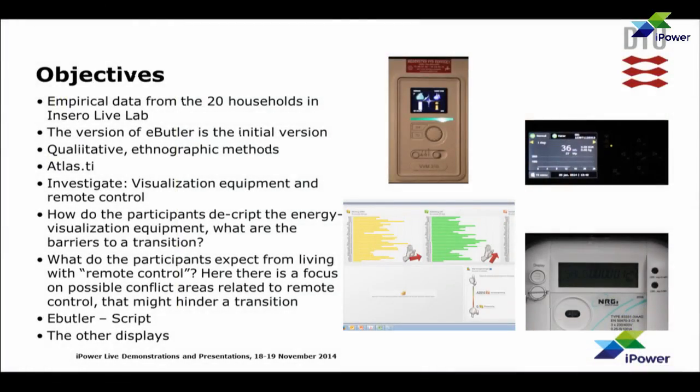The empirical data that was collected for this study was collected by the use of qualitative ethnographic study methods. Specifically, we went out and made semi-structured interviews with the families, one interview per family. The interviews lasted between 40 and 80 minutes each, and they were carried out approximately 5 months after the installation of the technologies. Now, of course, there were some problems with some technologies in some houses, but